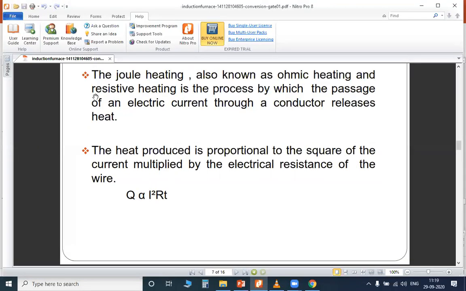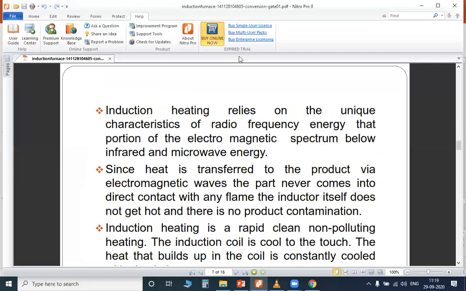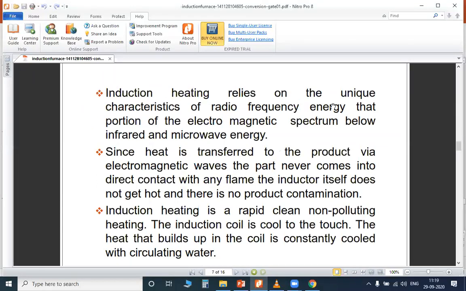Next, induction heating relies on the unique characteristics of radio frequency energy, that portion of the electromagnetic spectrum below infrared and microwave energy.